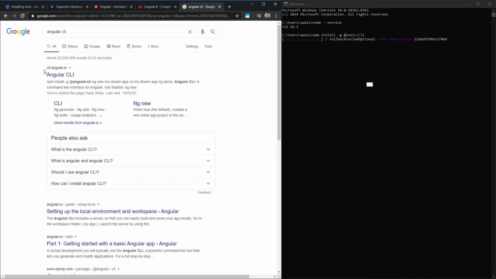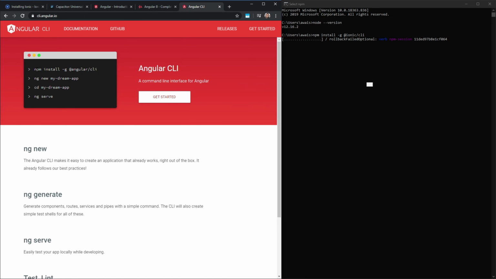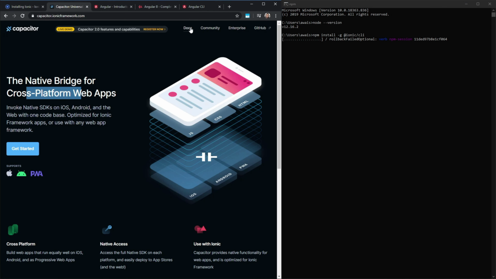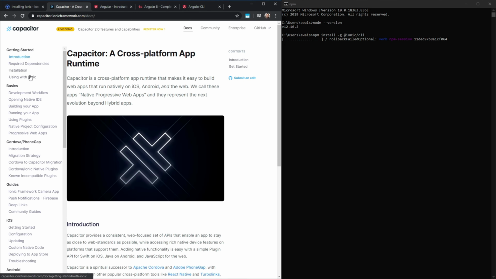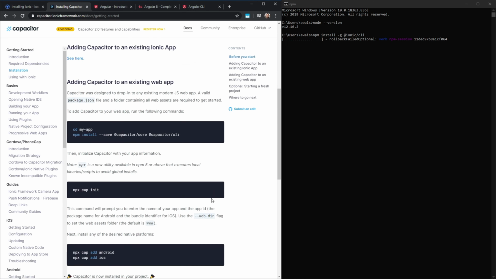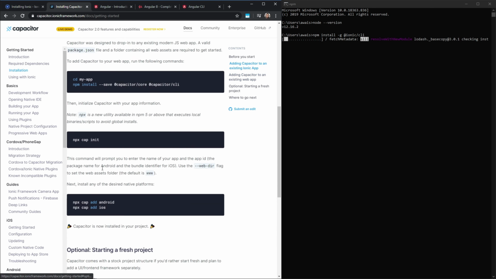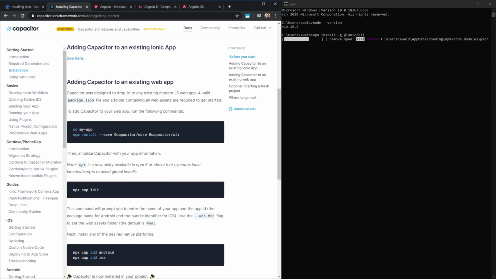CLI, this is what you need. So I'm going to copy, and then I'm going to paste that bit there as well. Once we have both CLIs installed, go ahead and install Capacitor. Let's click on docs, and I'm going to click on installation. And here is the npx Capacitor CLI. Okay, so that's what you need, Capacitor CLI. Install that by using